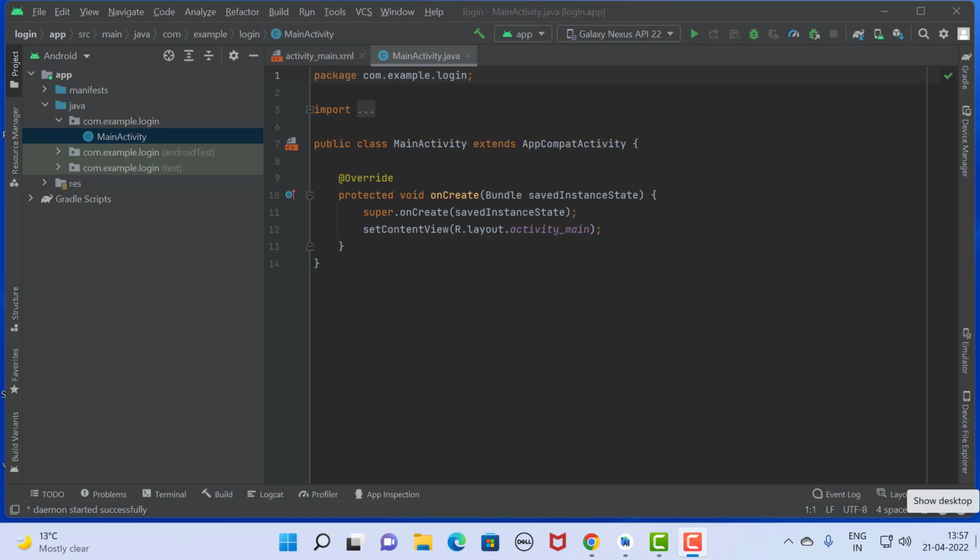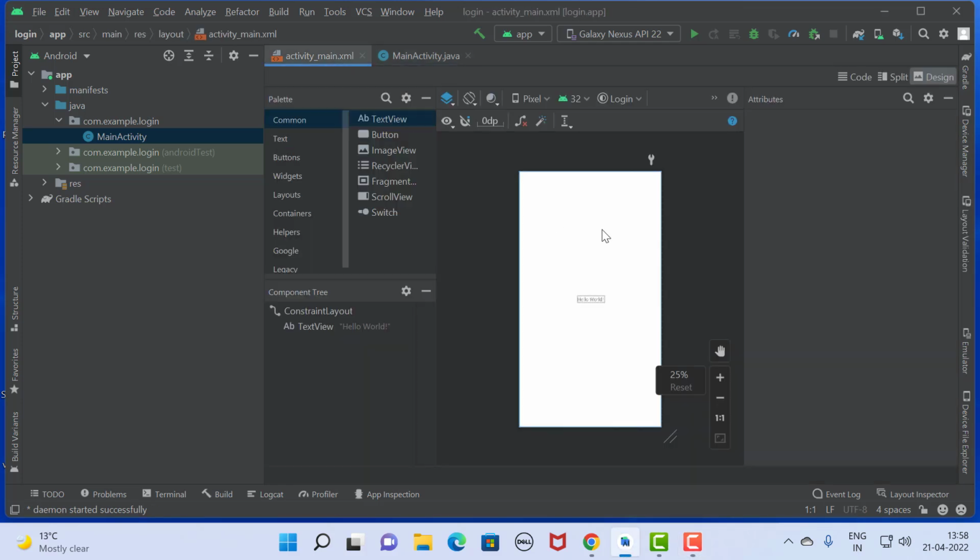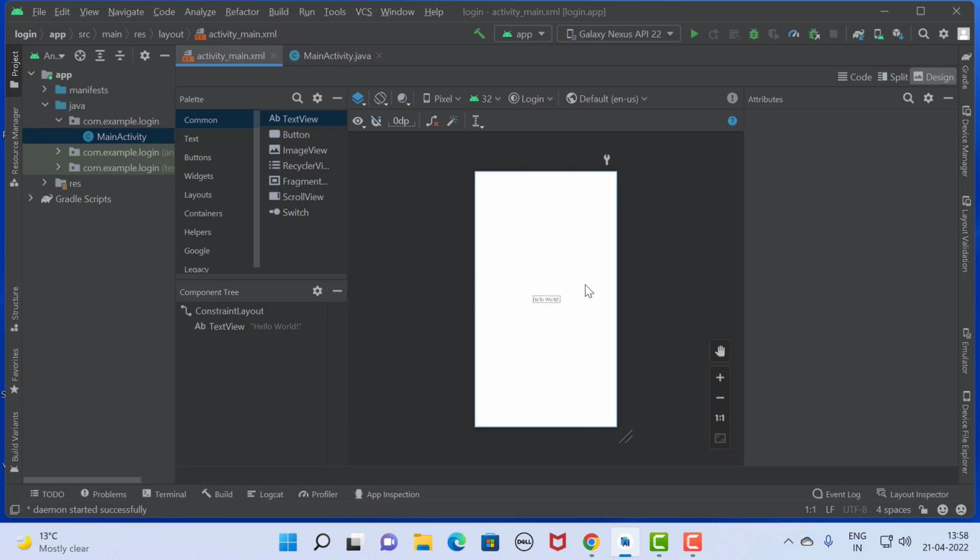Today we are going to see how to create a login window using Android. So let's start. To create a login window, first of all we need to design our GUI. So to design a GUI, we go to our design page. In the design page,